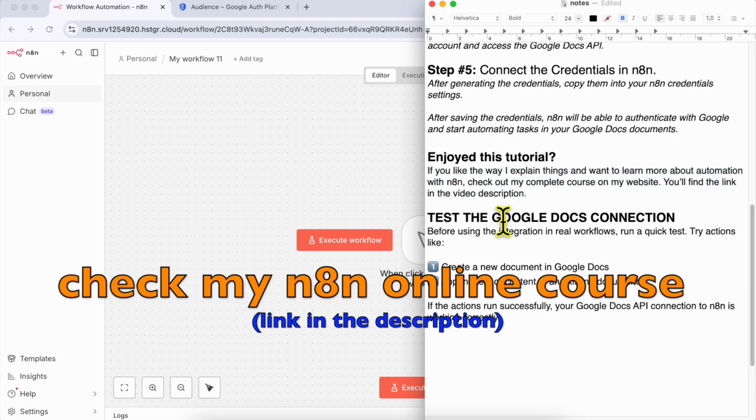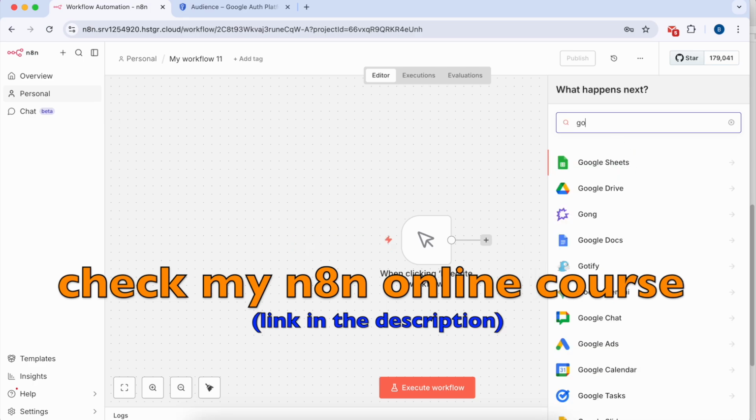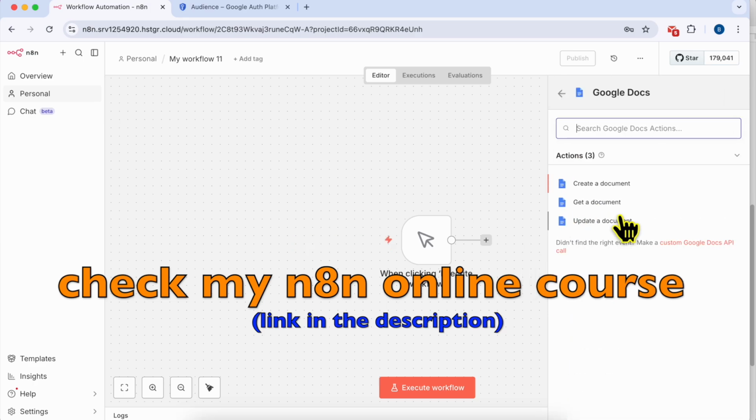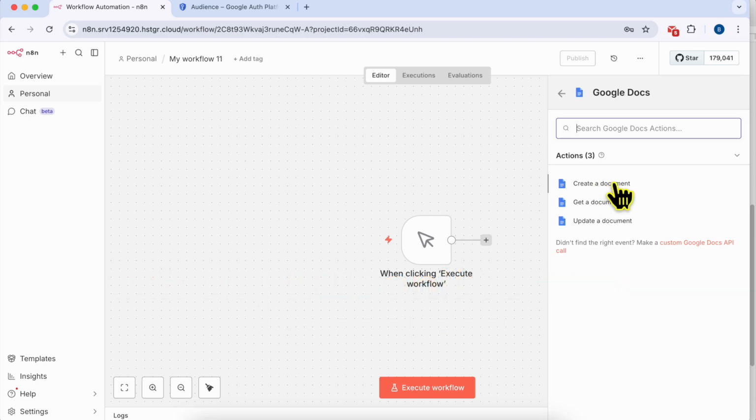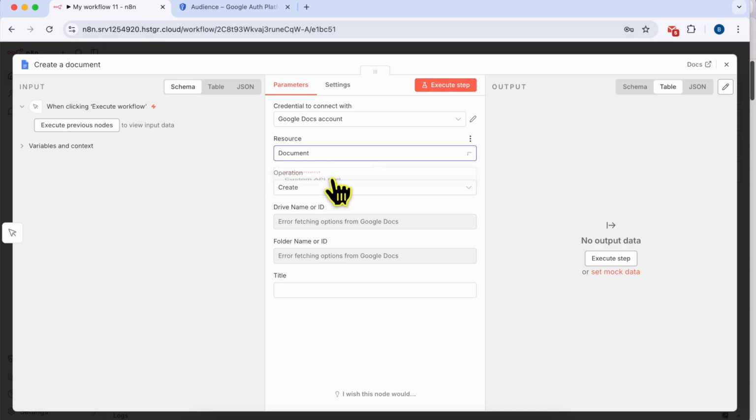Now let's move to the connection test. So for this, I will add a new node. I will search for Google Docs. This is it. So I will go with the action of creating a document. Here, for the credentials, I will go with my latest Google Docs account credentials. And for the resource, I will go with document. For the operation, I will select create. And here, as you see, the drive name or ID that I am trying to create,